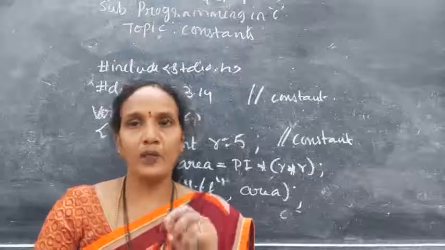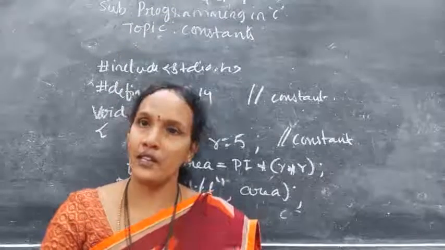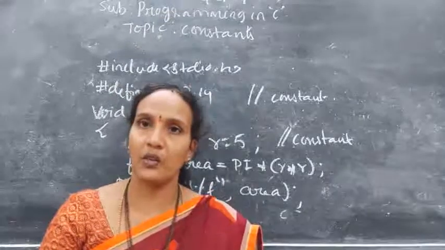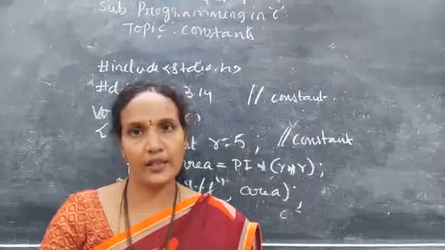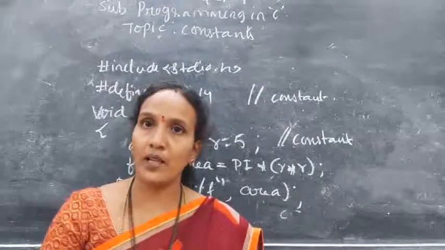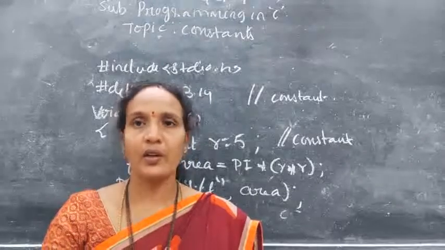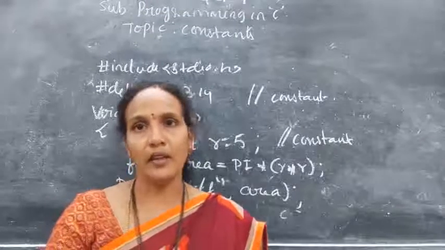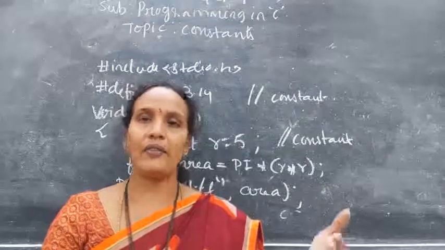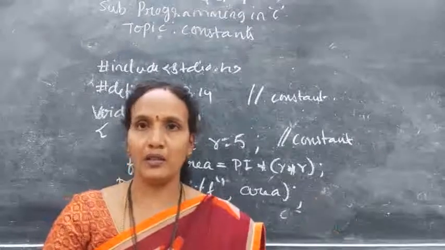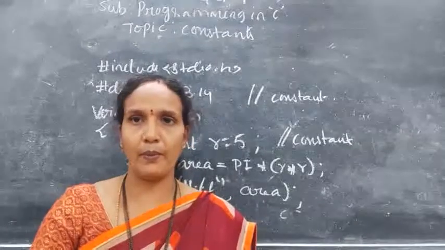Okay. So for each and every constant, for integer constant, for float constant, for character constant, you should give the syntax and example. And for using the const keyword and using hash define also, you should give the syntax and example. And after all that, integer, float, over, you write one example program.